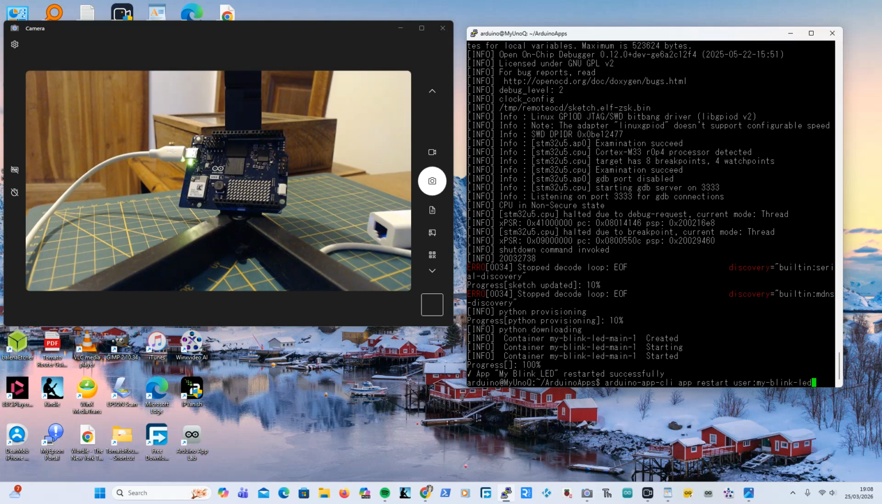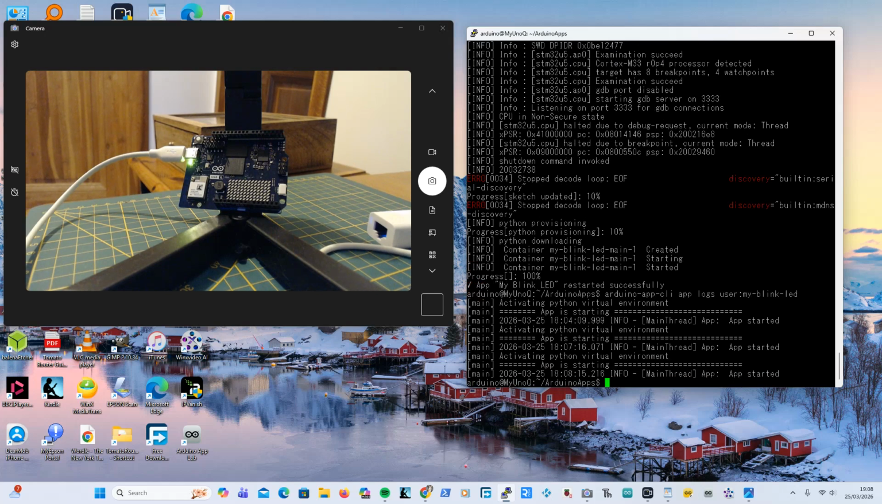Then another thing you can do is, instead of restart, you can go logs. Yep, and it tells you what happened there. App started, everything like that. What else do we want to do? Right, then